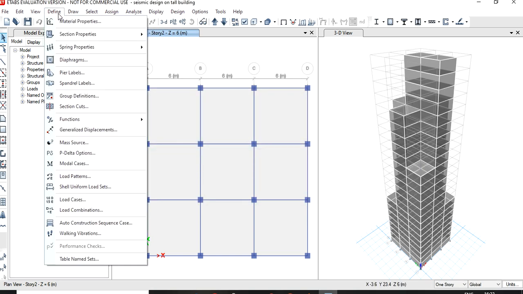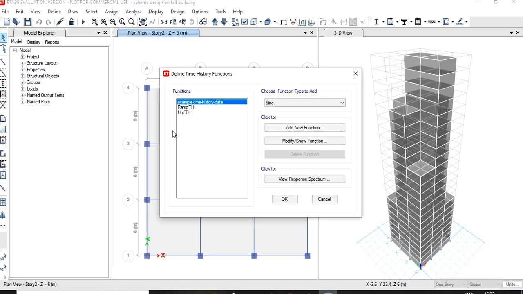Then go to the define menu and define the time history function. So go to the functions and go to the time history. Here select from file and add new function. Here I already have done this process, so I will show you the function of time history data.